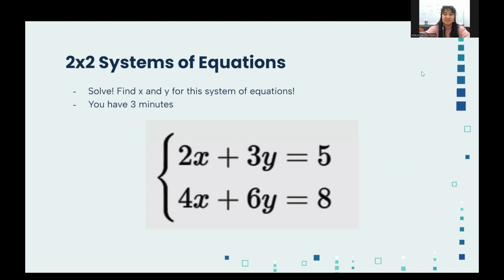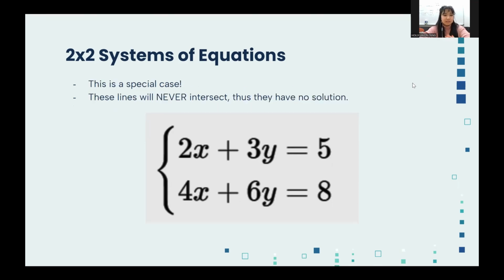Well, you guys are free to take a picture of this and then solve it in your own time. And then I'll also post these slides. But this is considered a special case. The lines will never intersect and they will have no solution. So looking at this really quickly, without solving all of it, I can tell that they're the same line because